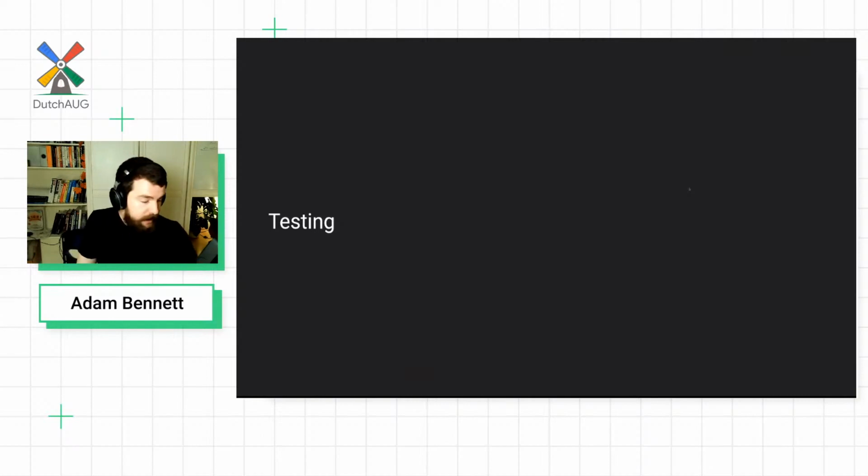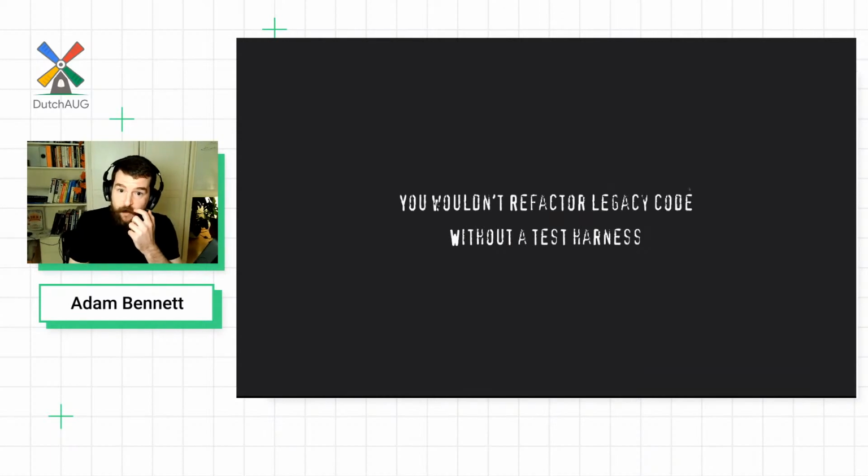So testing. Testing is an interesting topic. In the same way that you wouldn't download a car, we're responsible developers, and you wouldn't refactor legacy code without a test harness. Typically, when we refactor, we extract an interface, we write tests to discover what the current behavior is, and then assert that the newly refactored behavior matches the legacy behavior. And it turns out you can do this for UI as well, using a strategy called screenshot testing. As you're rewriting your design system, use this as an excuse, now that it's so much easier, to test your new design system.